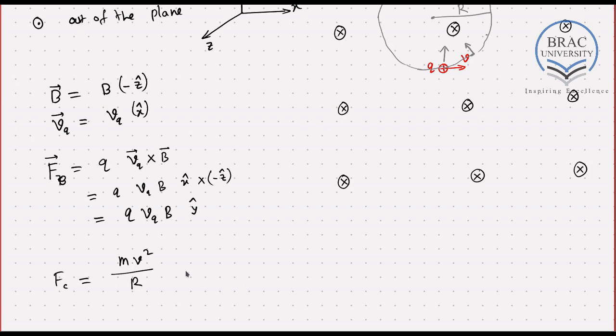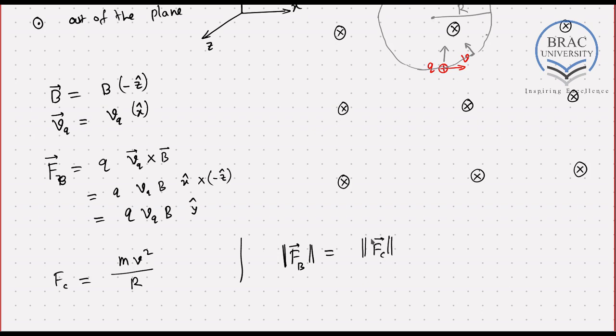So next, since the force is the magnetic force due to its motion through the magnetic field, and to have a circular orbit it must have this centripetal force, you can equate these. What we can do is F sub b, magnitude of this, equals, I should just write first, F c,